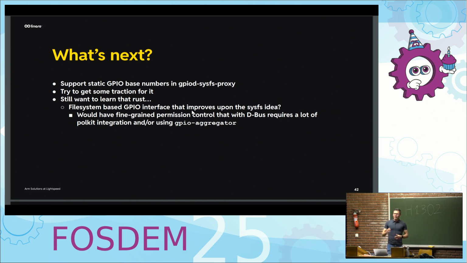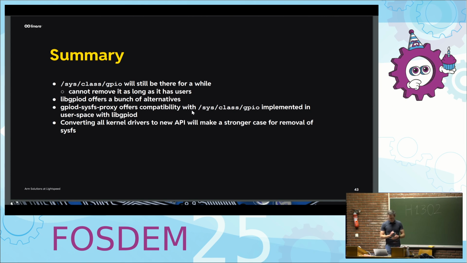I still want to learn Rust, and I figured that maybe there would be interest in having a better file system-based interface for GPIOs. This is something that Linus Walleij, the co-maintainer for GPIO, floated some time ago. I'm not against having a file system-based interface. Maybe you should work on a new one that would live in debugfs. But I'm like, okay, let's not add anything to the kernel. Let's do it in user space. My to-do list is running over, but I intend to get to it at some point.